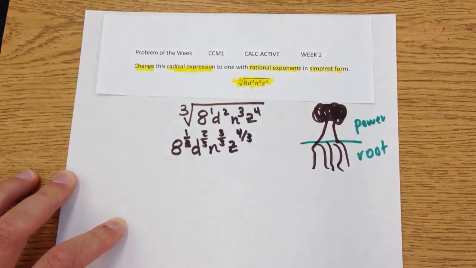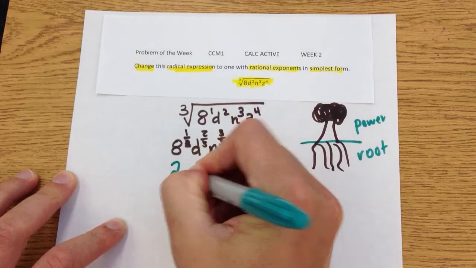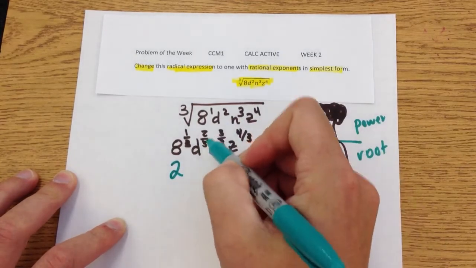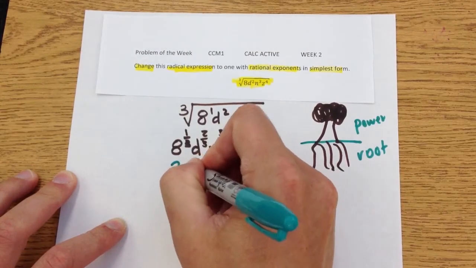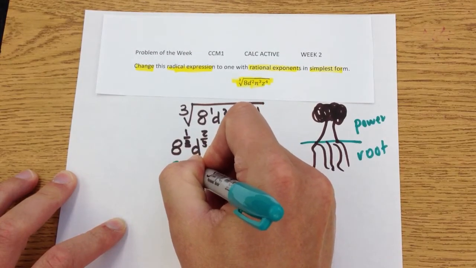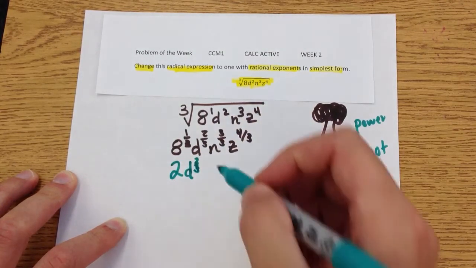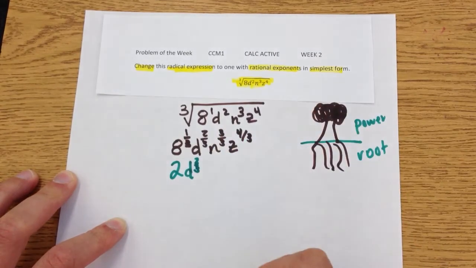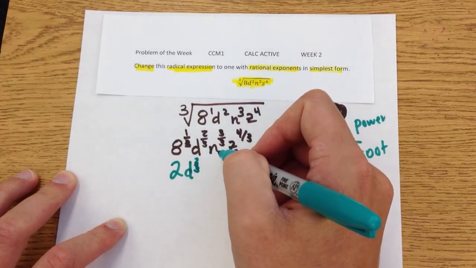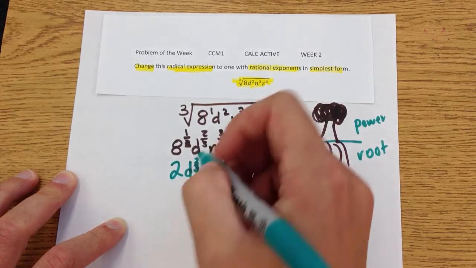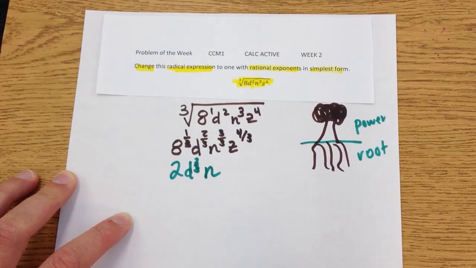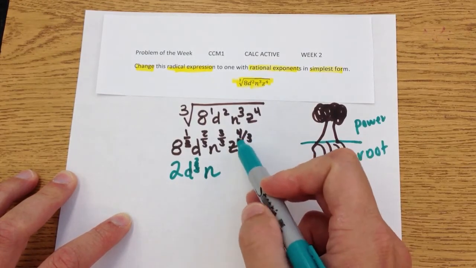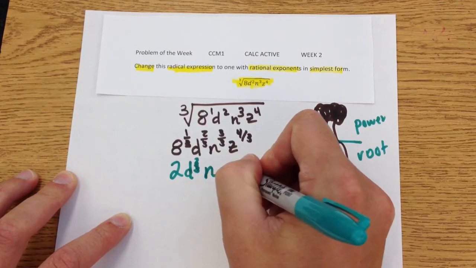So I'm going to write that. That simplifies to 2. d to the 2/3, well, that doesn't simplify, so I can leave it. So that's d to the 2/3. n to the 3 over 3 power. Well, 3 over 3 is 1, so that's n to the first power. I can just write that as n. And then z to the 4/3, well, that can't be simplified at all. I don't need to change it to a mixed number. I can leave it improper. So I get z to the